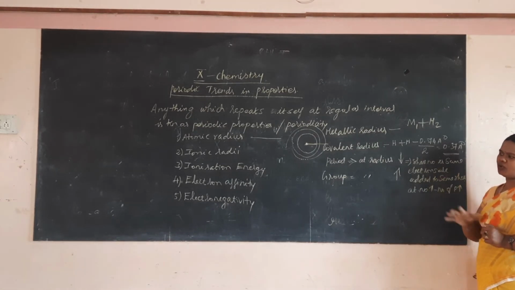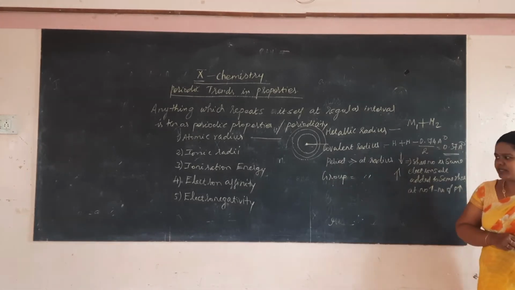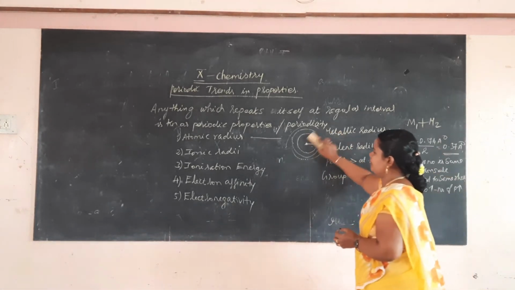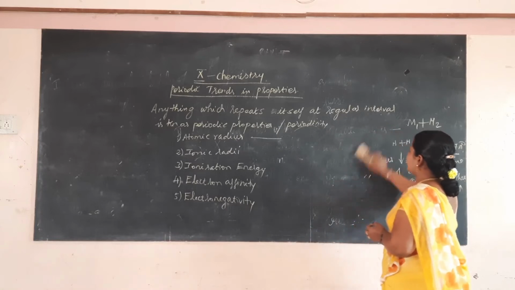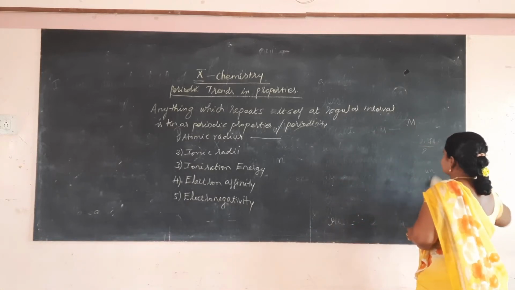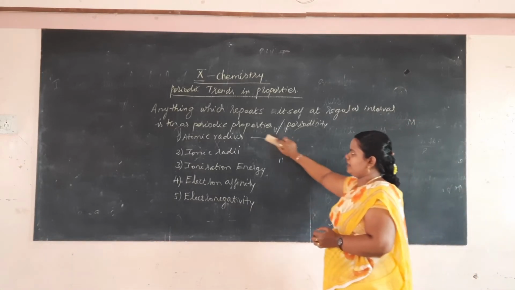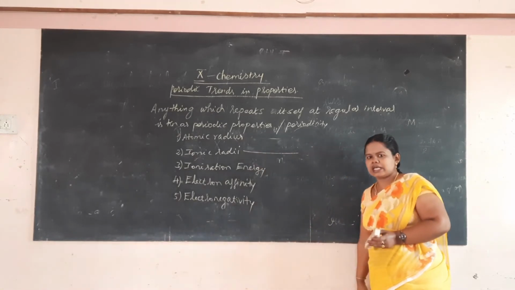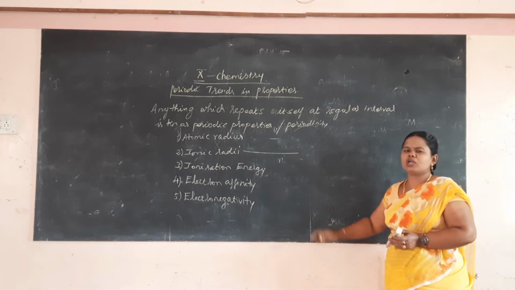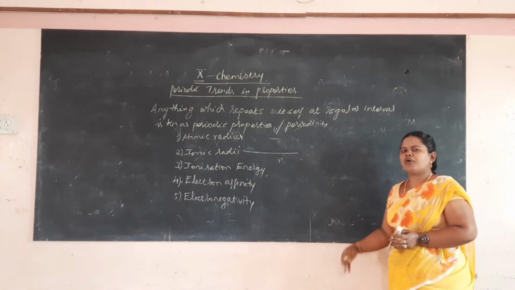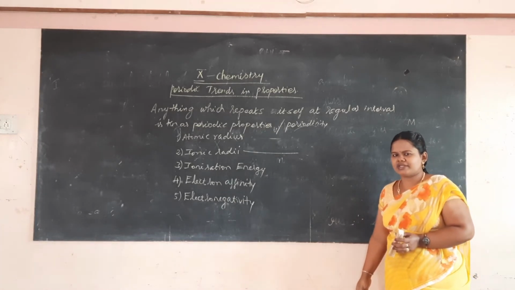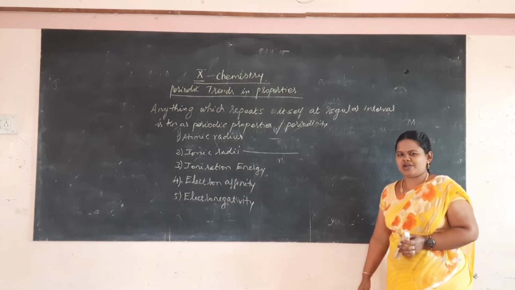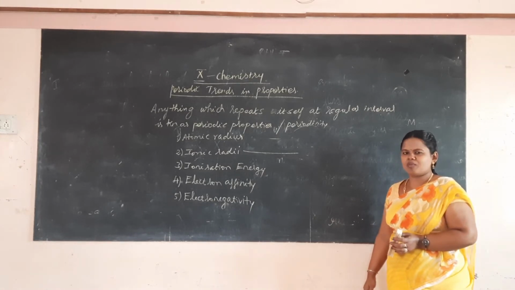So this is about what? Atomic radius. So in atomic radius you have to remember that for metallic atoms, it is called metallic radius. For non-metallic atoms, it is called non-metallic radius. And now we will see the ionic radius. Ionic radius is nothing but the distance between the nucleus of the ion up to the point where it has an influence on the electron cloud of the ion. So ionic radius is applicable to ions.